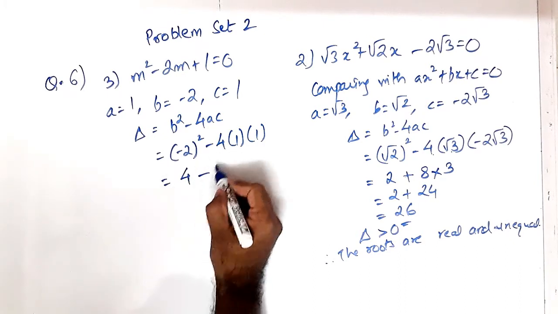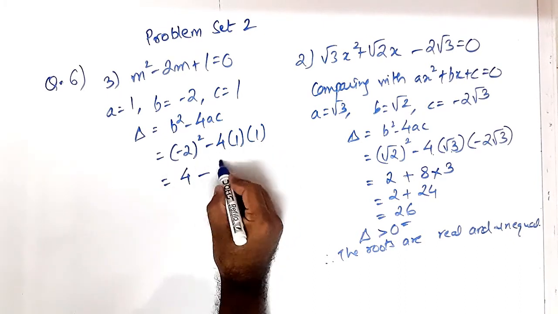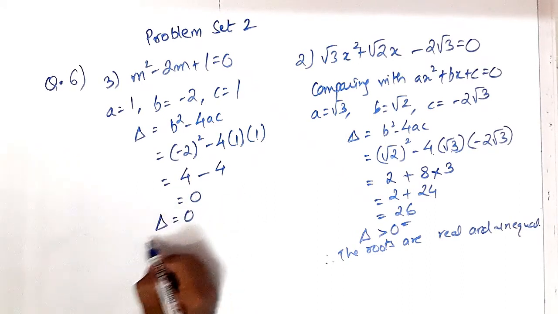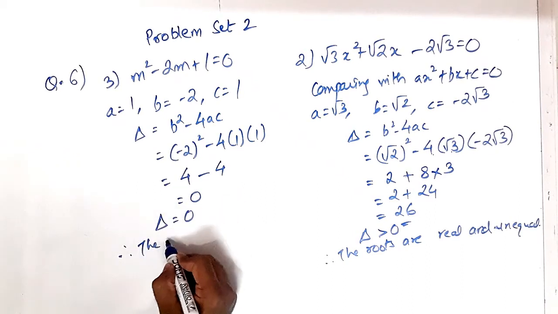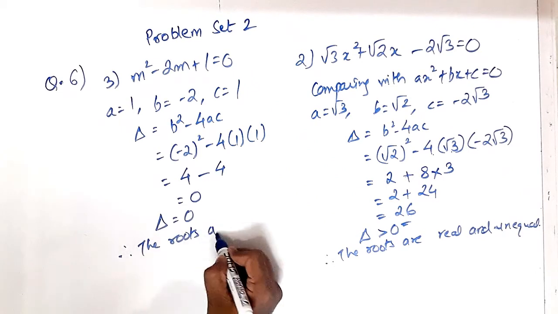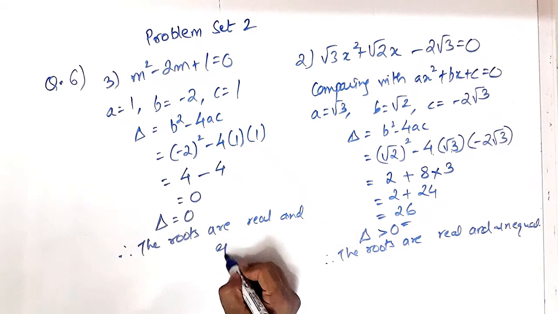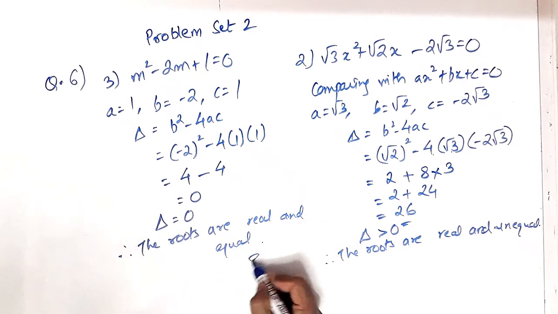This becomes 4 minus 4 1s are 4 into 1, again 4. So this is 0. Here the value of the discriminant is 0. So very simple. Therefore the roots are real and equal. Okay, then